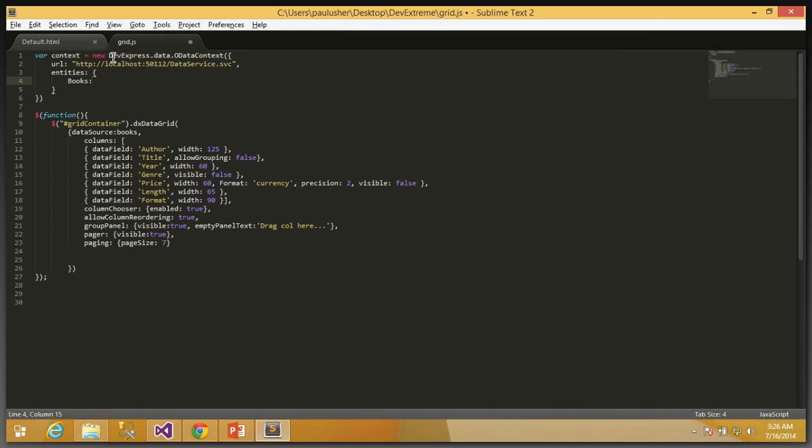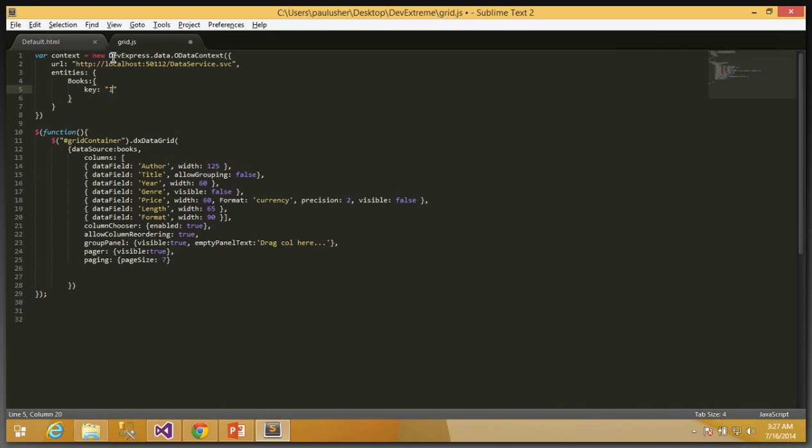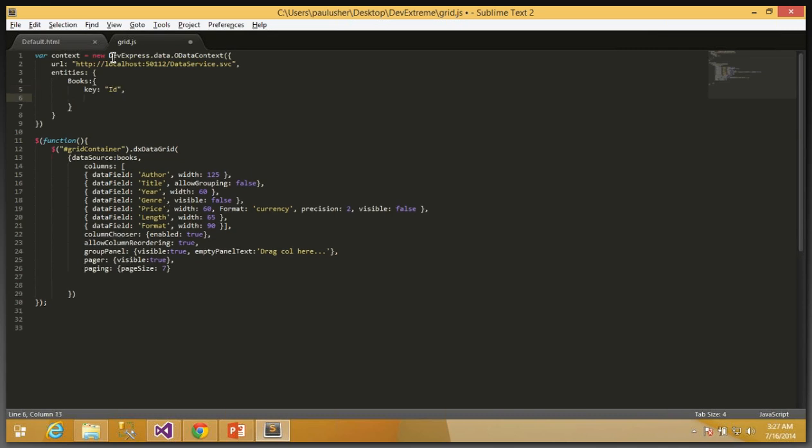Now, mine is actually called books, and I need to specify a couple of minor things. First of all is the key field, and for me that's going to be ID, and the type of that field, so key type, is going to be an int32. Now, effectively, other than a semicolon there, that should be it. The context has now been created, and I can pass that through to the DXGrid constructor. There's a small thing we need to change inside this constructor so that it will get consumed properly, and that is to remove the word books, and instead we're going to say we now need to work with a store, and the store is going to be